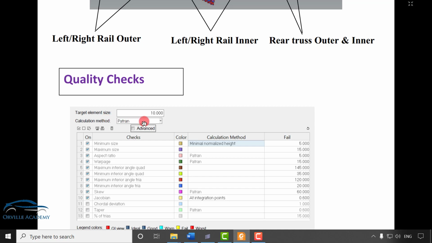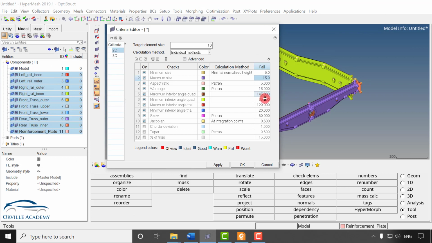So let me again open HyperMesh. Here I will keep this as it is. Here I will set skew to 60 only and Jacobian to 0.6. But the calculation method I have to set to pattern. As I told you in the quality check module, different software will calculate this quality parameter differently. So each company will like to have their own methods of calculating this quality parameter. Here the client has mentioned that we have to follow the pattern method. So I can go to the bottom and here I have the pattern method. Now since the quality criteria file setting is ready, I can simply say OK.